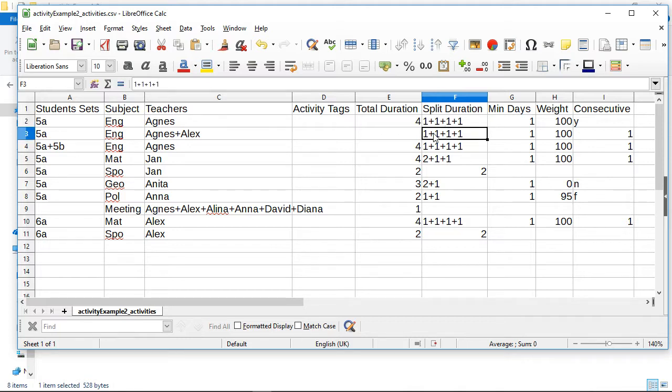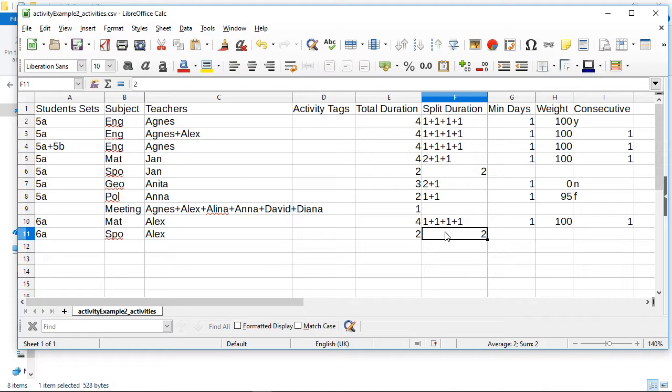But it is impossible to skip the split duration in the last example, since in that case it will be split into 2 parts. If you only add the split duration, FET will automatically sum the total duration. So you can skip that value, but it is a good validity check if you add it. Be careful with the next example. Of course, skipping the value of total duration is possible again. But you shouldn't skip the total duration, since this means it will split the duration into 2 parts, each with 1 hour. You are allowed to skip the total duration in nearly all examples, since it can always be calculated automatically by the split duration.